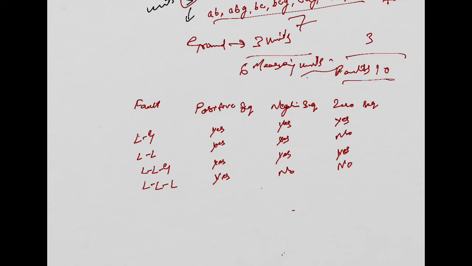So as we have discussed, there is the presence of sequence components in voltage and current during the various faults, and it can be seen that the positive sequence component is present during all the types of faults. It would be prudent to measure the positive sequence impedance between the relay location and the fault so as to cater for every fault. So we have to measure the positive sequence component also.